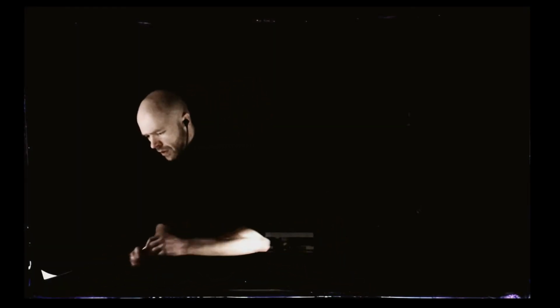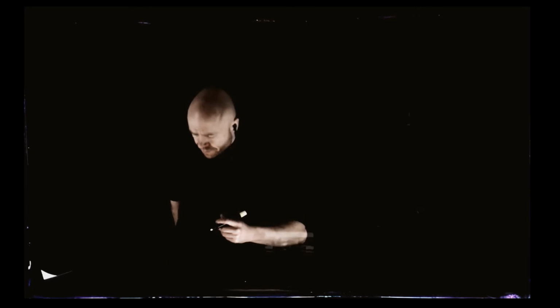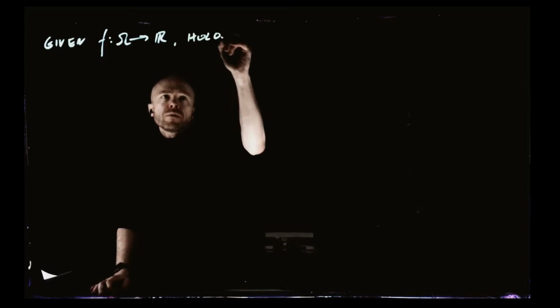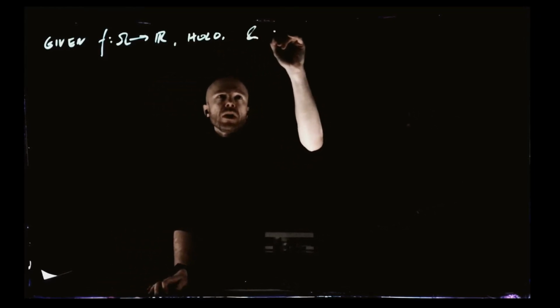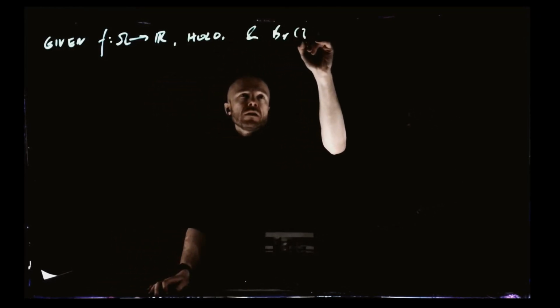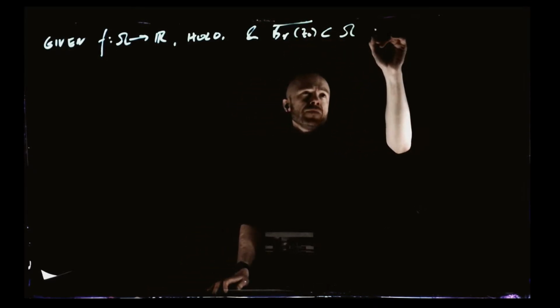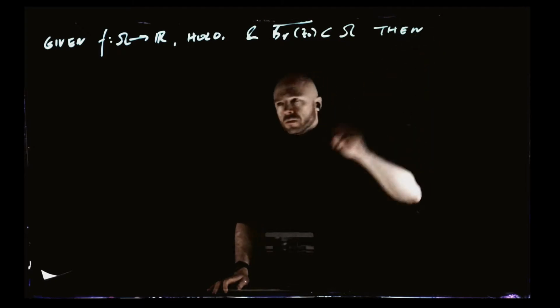Okay, let's get started. So, what did we learn last time? We learned Cauchy inequalities for the derivatives, right? So, given f from omega into C holomorphic, and we have a ball of radius r around z0 whose closure is contained within omega, then we have the following,